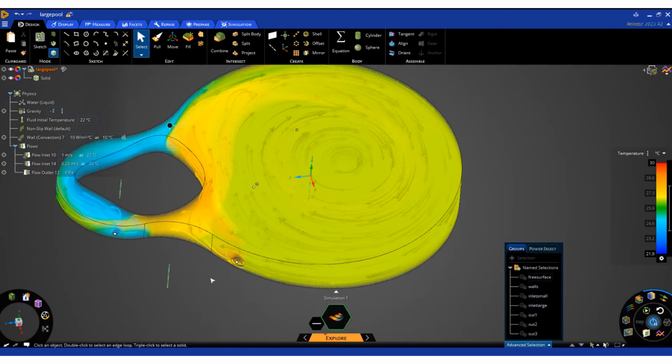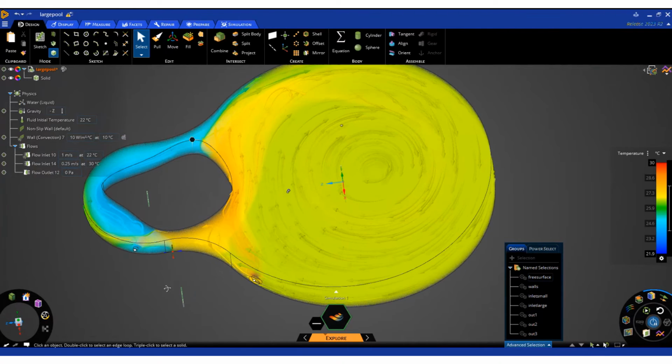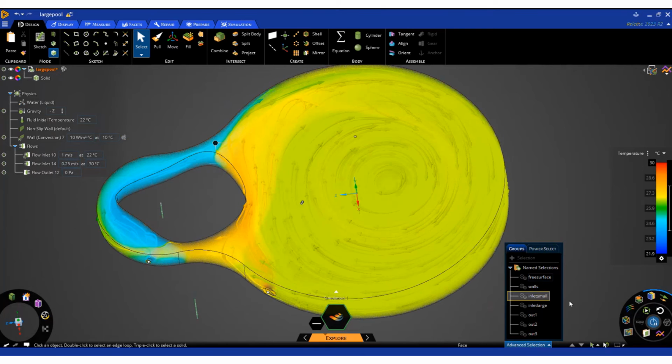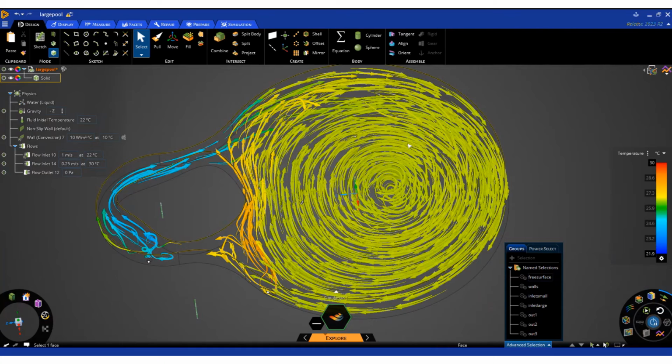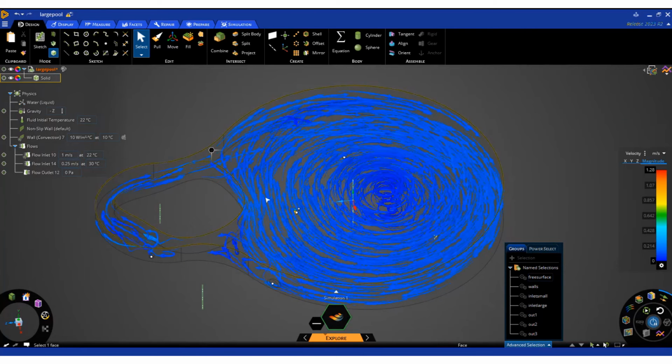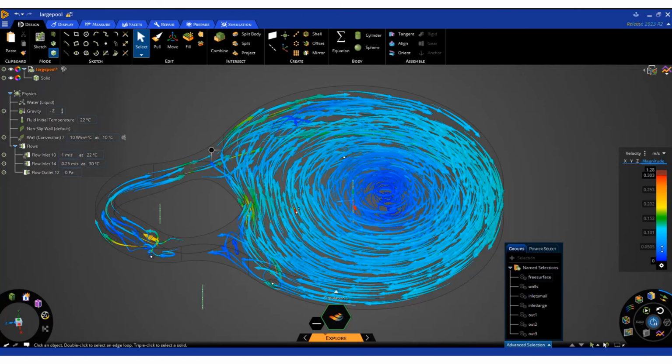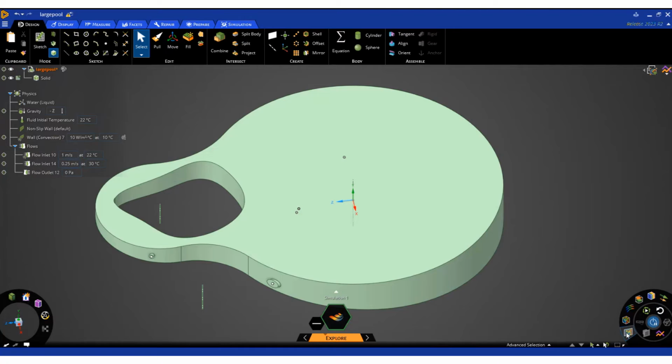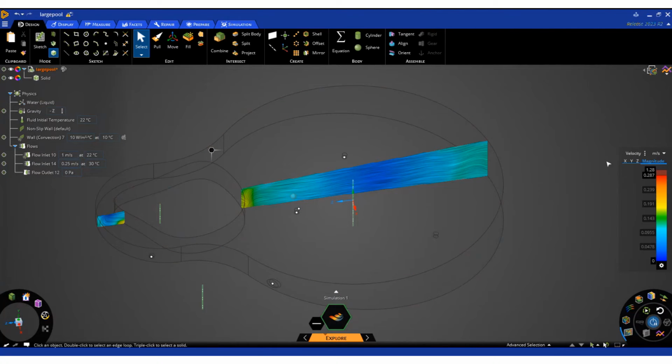So now the simulation is computed, and we can see how the pool temperature distribution will look. If you want to remove the contours and just look at the temperature distribution on flow vectors, you can look at it. Look at temperature, velocity distribution. Of course, with velocity, you will have to change the coloring a little bit to understand how the distribution looks. And then, of course, you can create section planes and see how the temperature looks at different regions